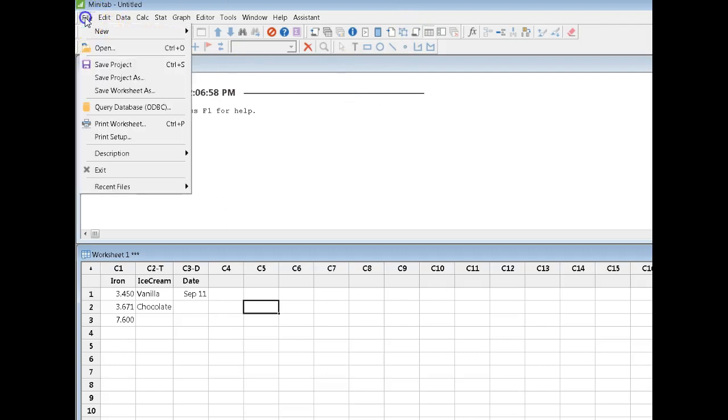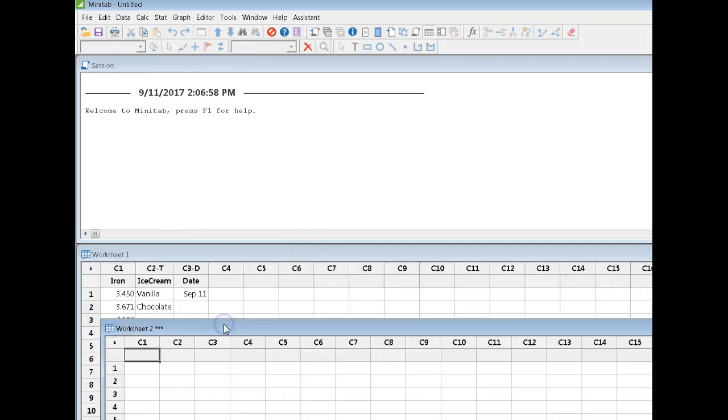Now, let's just have a look up here at this toolbar and see what Minitab will do for us. First of all, under the File tab, we could open up a new project, and I'll talk about that in a minute, or I could open up a new worksheet. And when you're doing assignments, you might want to open up a new worksheet for each different question, just so that you don't have too much data in one worksheet. So if I click on this,